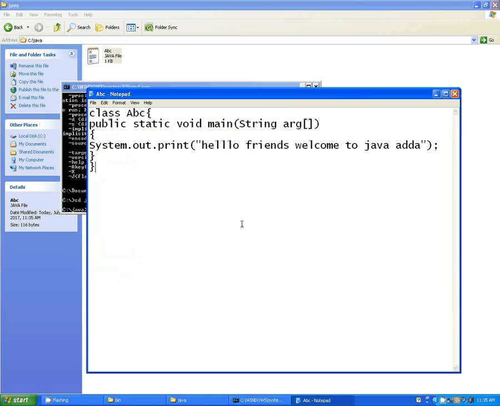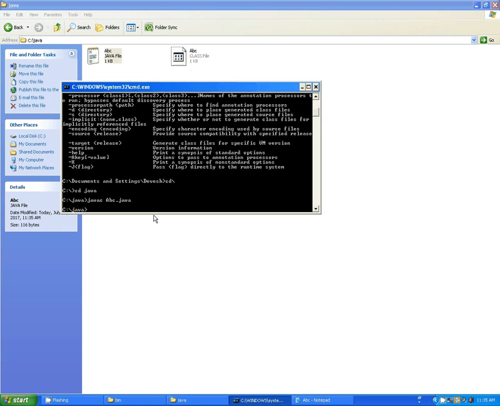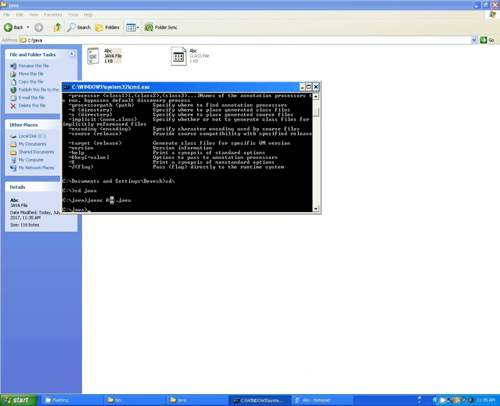What you find here, there is a source file. I have one compiler, the javac compiler. I will give the name of that source file, that is ABC. Now if I compile it, it gets compiled. Now after compiling, what you find here? There is a class file that contains the bytecode of that particular program. So what that javac compiler did, it converted your source code into bytecode. Now that means your bytecode is ready, which is machine independent code. So you can run that code at any place which contains the Java Runtime Environment.